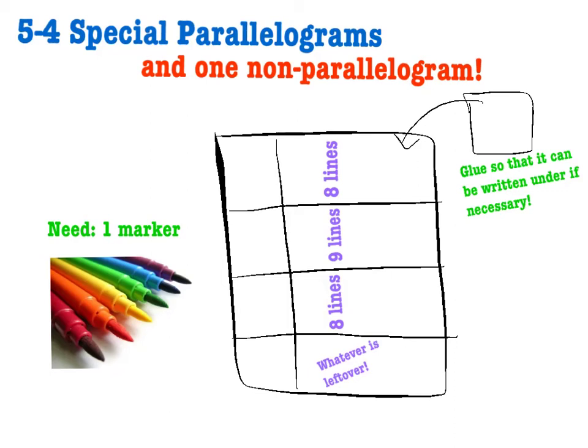The title of your notes today are 5-4 special parallelograms and 1 non-parallelogram. You're going to need 1 marker, and setting up your notes, you need to be really specific here. You're going to draw a line here that's about 1.5 inches over. You're going to reserve 8 lines, 9 lines, 8 lines, and then whatever's left over will be for the last